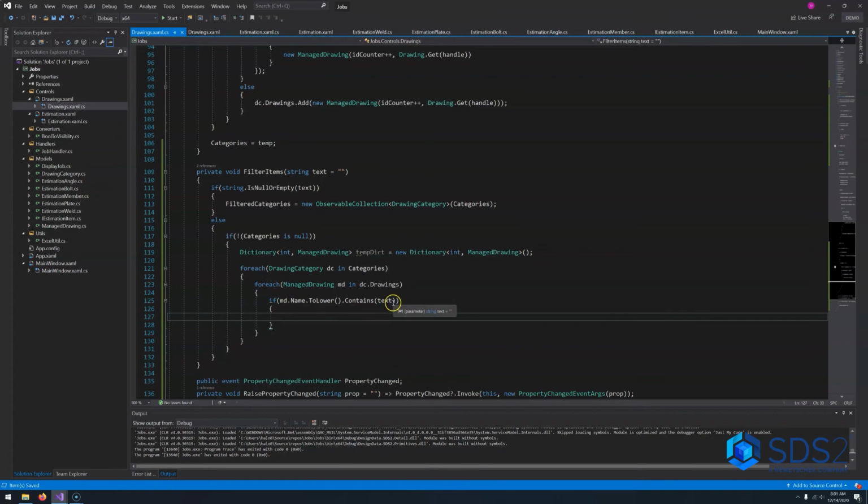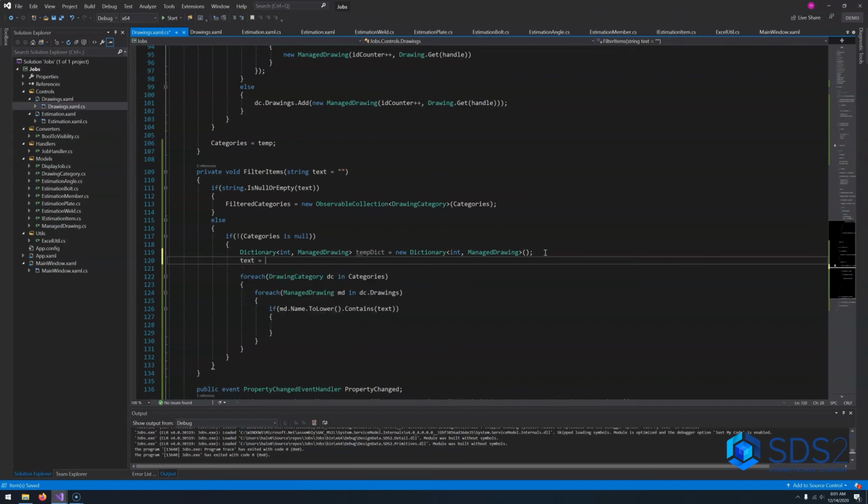Alright, and so I don't want to call toLower on text every single time. So I'm just going to reassign text down here to equal text.toLower. So if the drawing name contains our text, we want to see if our temp dictionary contains the key